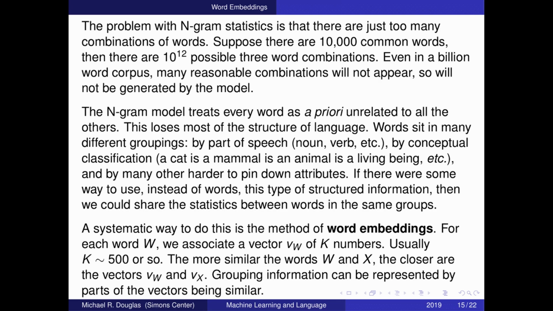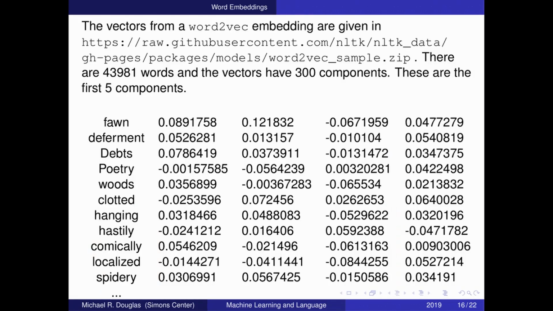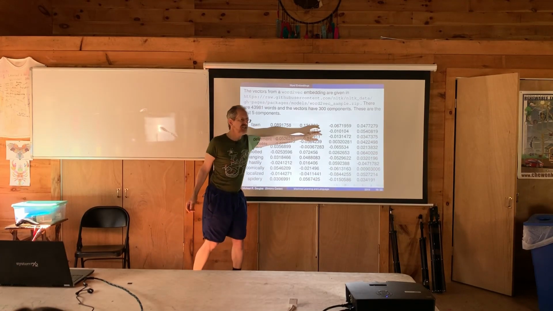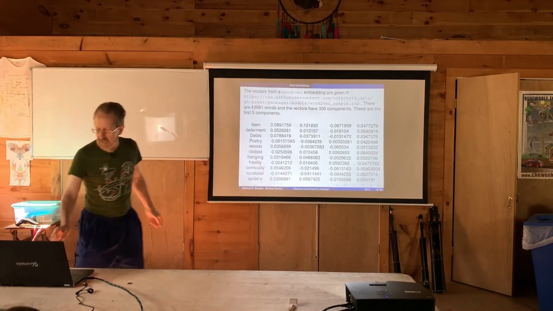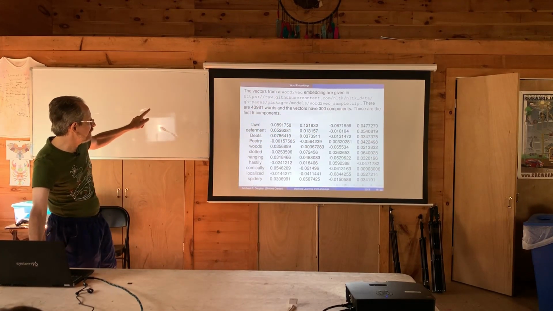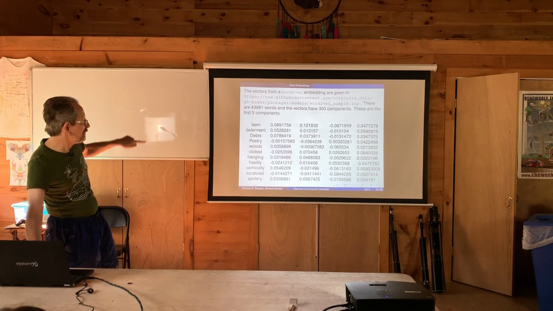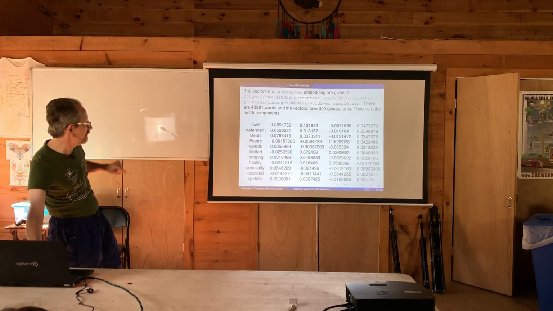And here's an example that you can get off the web. Somebody worked one of these out. There are actually 300 numbers in this embedding associated to each word, and they're random-looking numbers. Fawn is 0.089, 0.121. And it's a 300-dimensional space, if you're familiar with that terminology. But it just means every word has 300 numbers associated to it. And that information is supposed to be better for the computer. It's supposed to have more information in it than the original word.